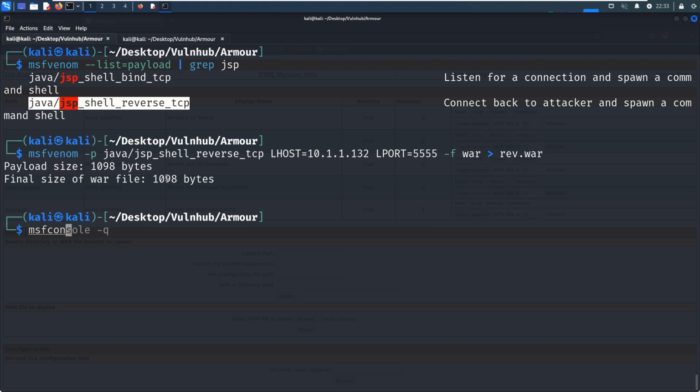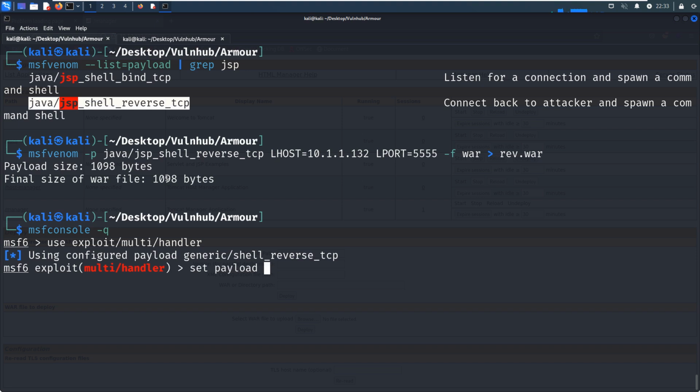Now we can launch the Metasploit console to set up the handler to wait for the connection from the target. And we can use exploit multi/handler, set the payload to be this one.